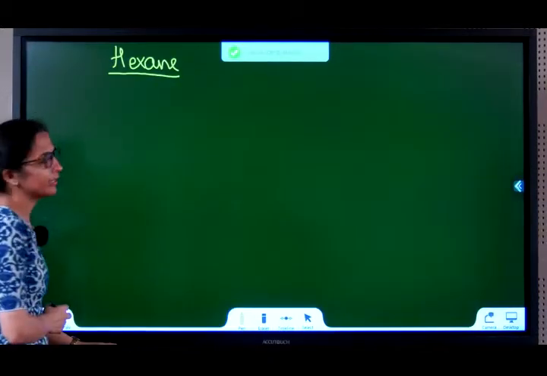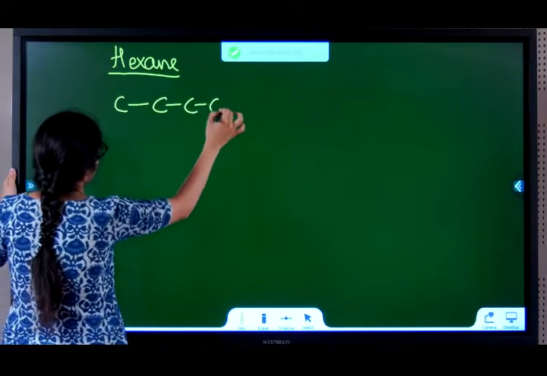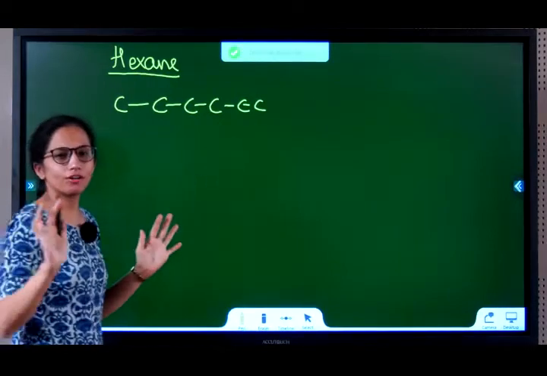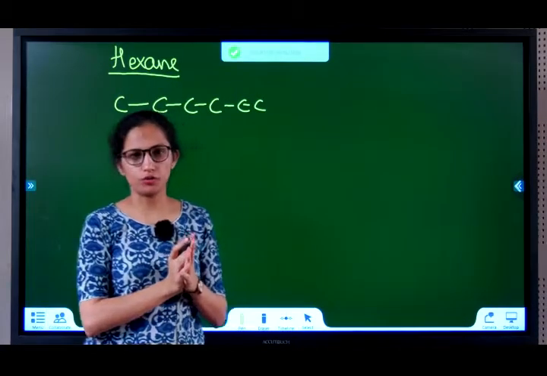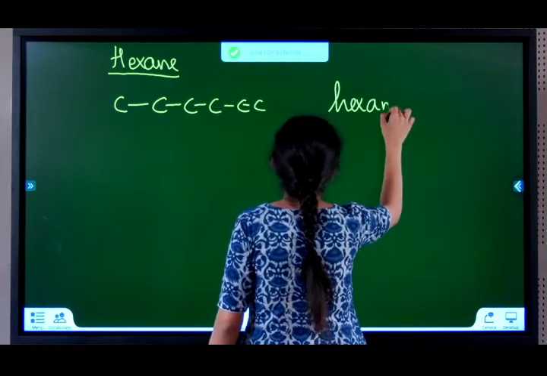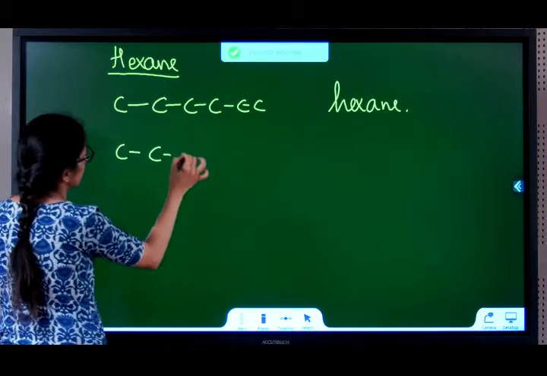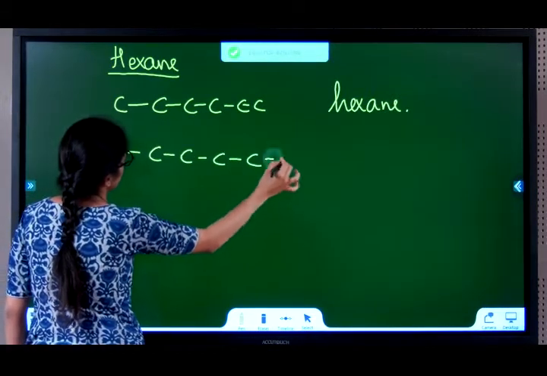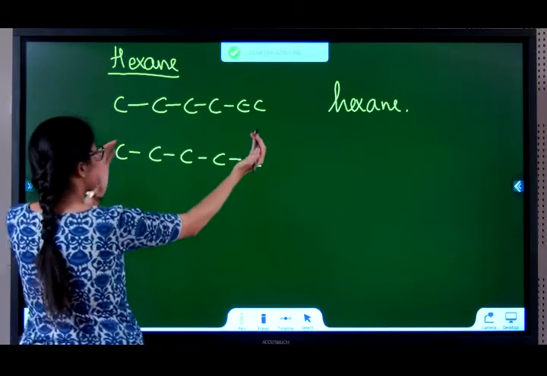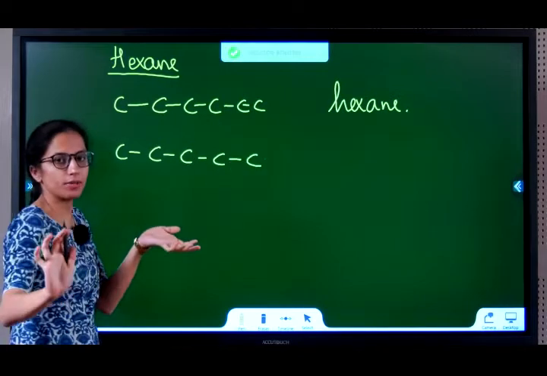Okay, now the different isomers of hexane. Hexane, 6 carbon atoms, 1, 2, 3, 4, 5, 6. The H part you will all know how to do, fill up the H's, I am not going to do it now. So, this becomes hexane. Okay, IUPAC name is hexane. Next, remove one carbon atom and place it elsewhere. No use placing it at the ends because it makes no difference. It is just going to come back and become the normal hexane.